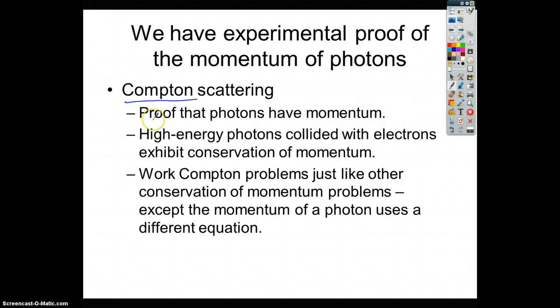It's proof that photons have momentum from this experiment. They actually took high-energy photons, they collided those with electrons, and we saw that it exhibits the conservation of momentum. We work Compton problems just like other conservation of momentum problems, and we've done those in honors physics, except the momentum of a photon uses a totally different equation, and we're going to look at some problems that'll do